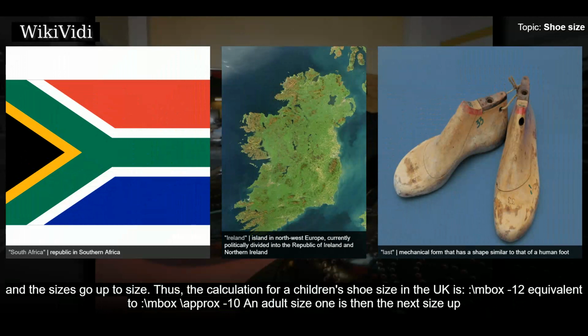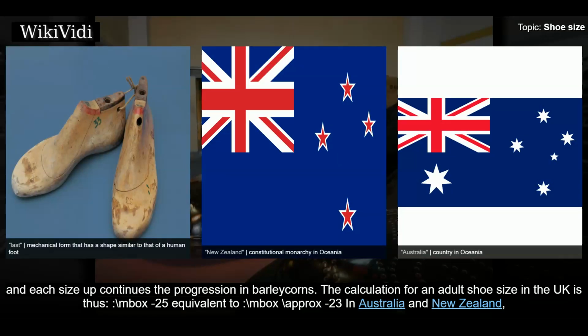Thus, the calculation for a children's shoe size in the UK is /mbox 12 equivalent to /mbox /approx 10. An adult size 1 is then the next size up, and each size up continues the progression in barleycorns. The calculation for an adult shoe size in the UK is thus /mbox 25 equivalent to /mbox /approx 23 in